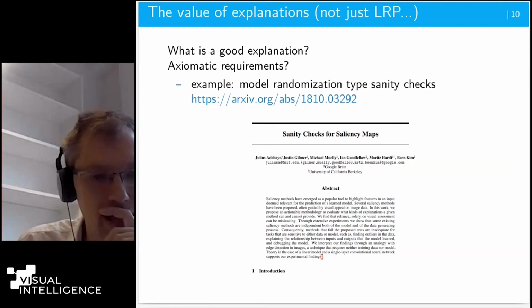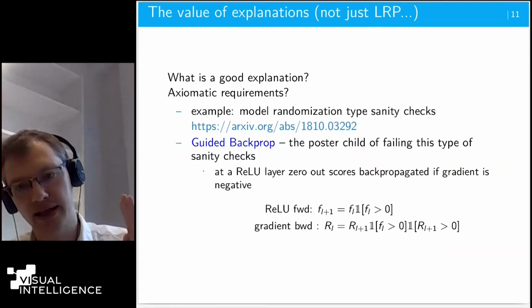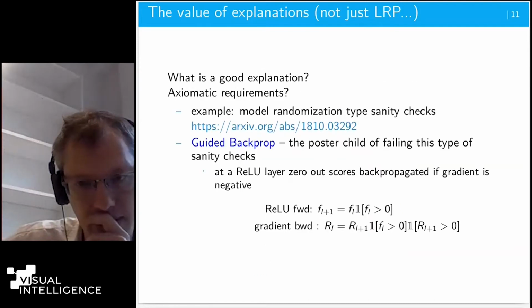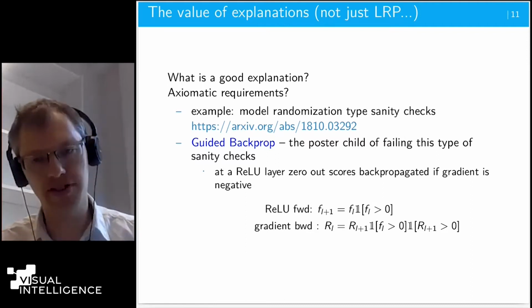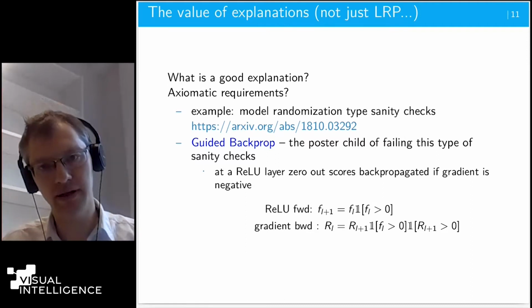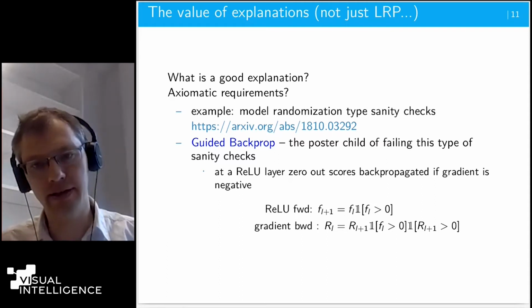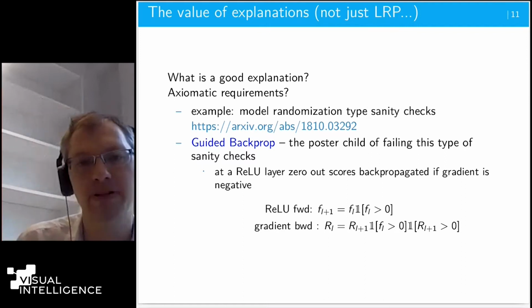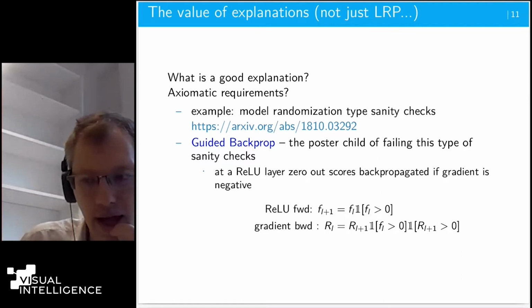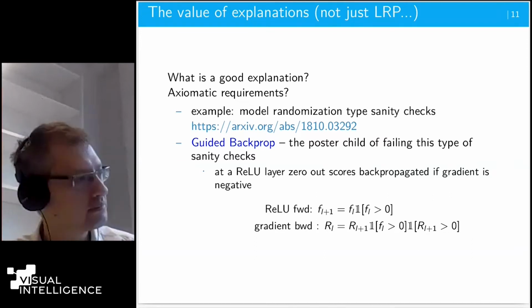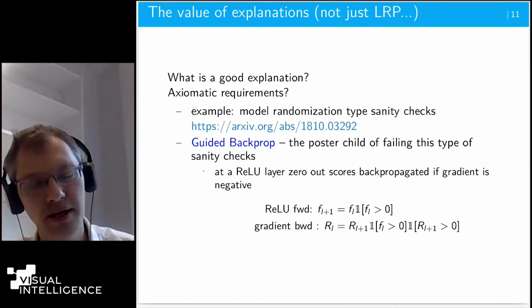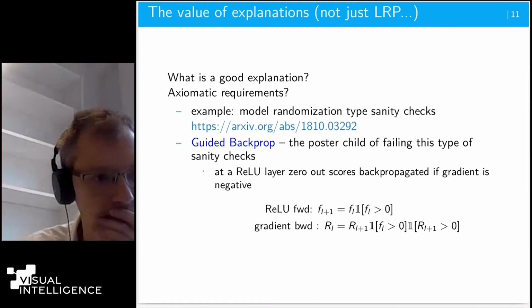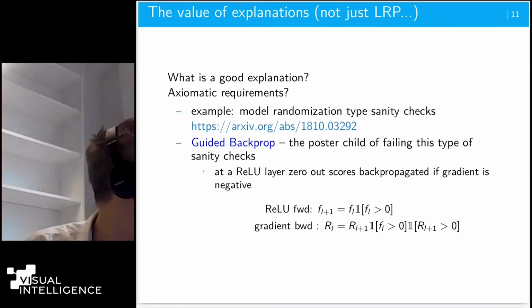In principle, they say if I take a model and I keep the first n layers constant, but I randomize the other layers, then my prediction should change and my explanation should change. And those explanation methods where the explanation doesn't change sufficiently, I should discard. That is roughly the idea of how it goes.